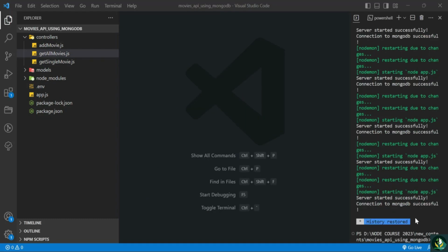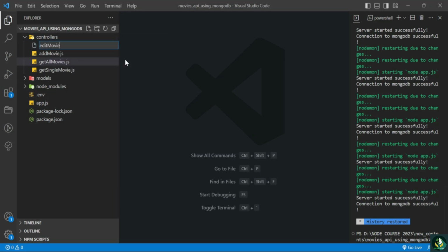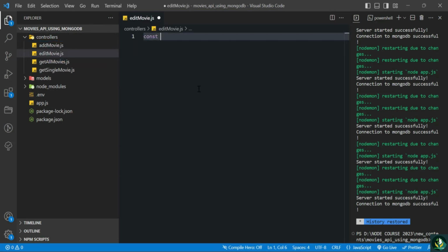In this lesson, we'll be learning about update operations on Mongoose. We'll be learning how we can modify the data that is already stored in the database. And for that, we'll be using the edit movie route. So let's go ahead and create that route. Inside of controllers, new file, and our file name will be editmovie.js, and inside of it an arrow function, edit movie,